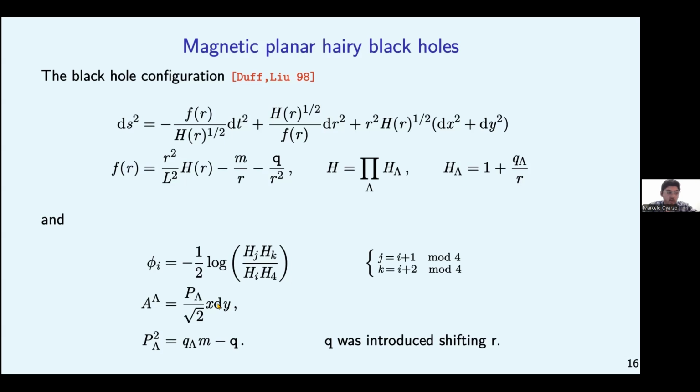And this works for all conformally flat spaces, or only flat? You are working asymptotically flat, right? Here this is asymptotically AdS, the four-dimensional configuration, but the constant T and constant R slices are planes. So the dual theory will be formulated in Minkowski space with this extra gauge field. Okay, thank you.